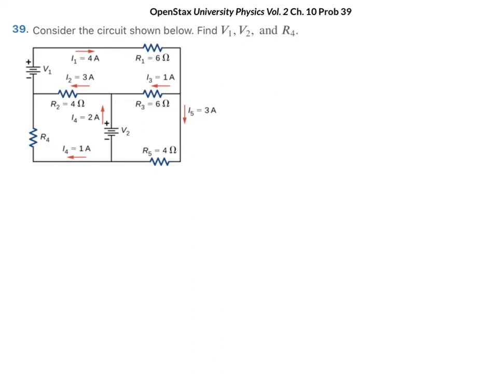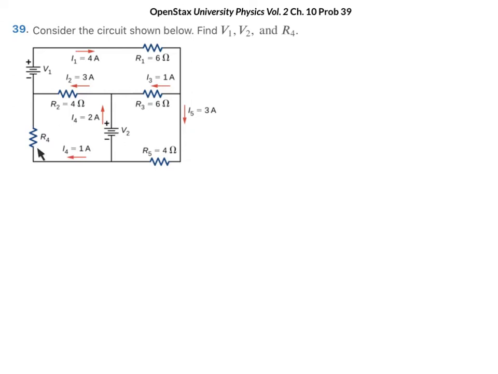Let's look at OpenStax University Physics Volume 2, Chapter 10, Problem 39. Consider the circuit shown below. Find V1, V2, and R4. So there's a lot of stuff in this circuit. We have two power supplies, and we have 1, 2, 3, 4, 5 resistors. We're given directions for currents and the values for the currents, and we're looking for the voltage 1, voltage 2,